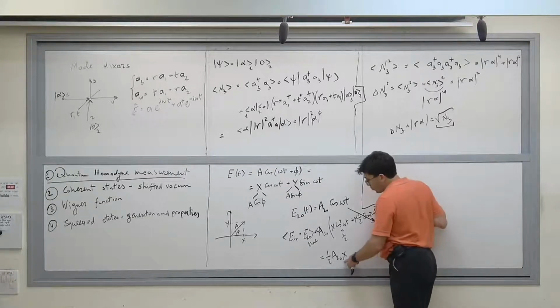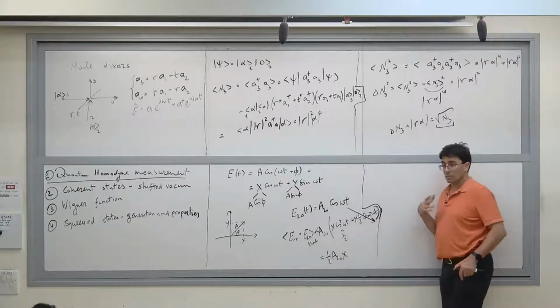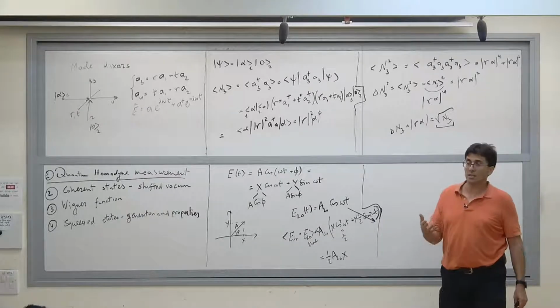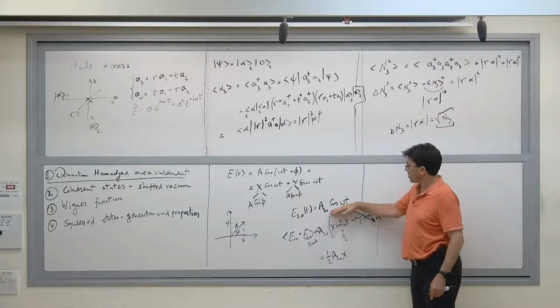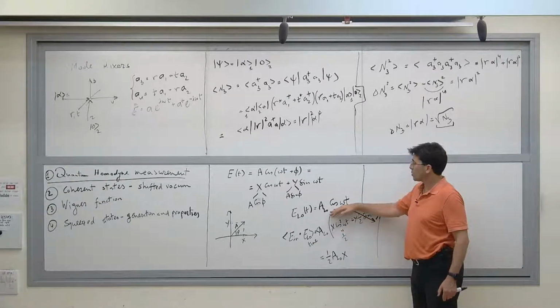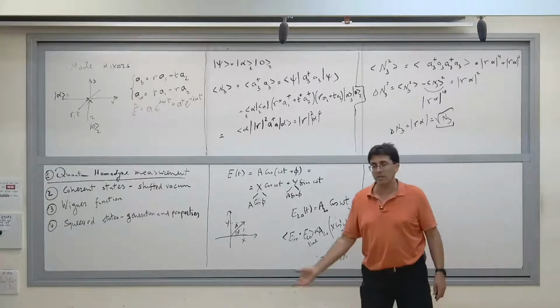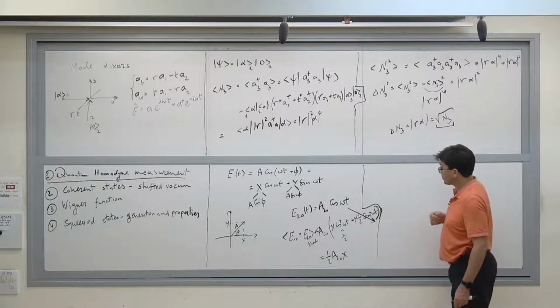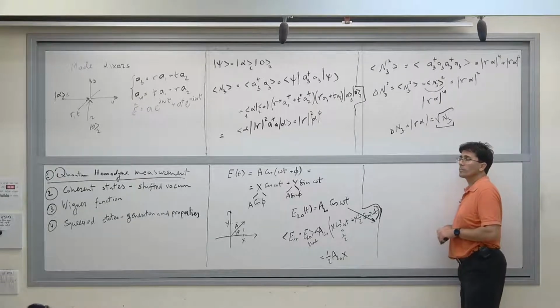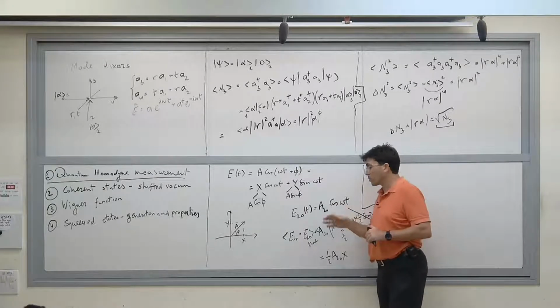And of course, if I wanted to measure y, all I needed to do was to move the phase of the local oscillator from cosine to sine, or to change the phase of the local oscillator by 90 degrees. Because everything is measured relative to something. So I decide that this is x. If I want to measure y, then I'll add 90 degrees of phase, so it will become a sine wave relative to itself. Okay. So the local oscillator has the same frequency as the field? Yes. So the local oscillator tells you at which frequency you're measuring the